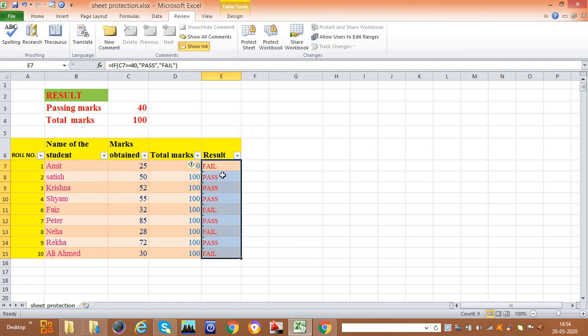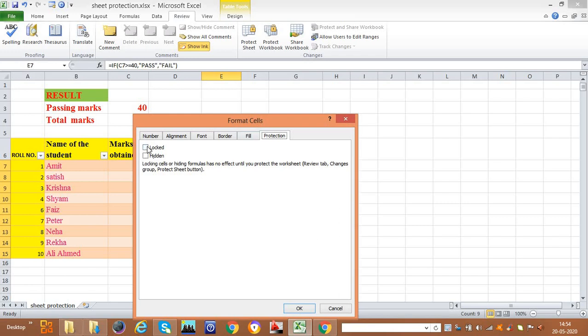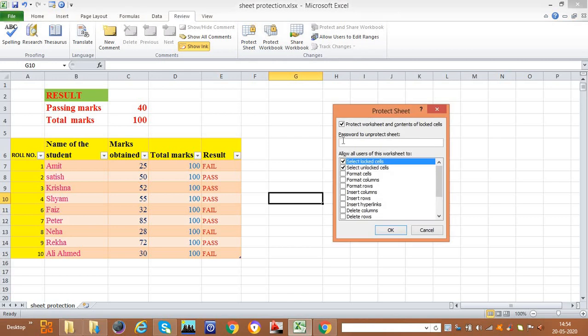Now you need to select only those cells that you want to be protected. So here we are going to select only these things, the result values and pass or fail, that is E7 to E15. Now select these, go to format cells, and in protection, select this locked option. The locked option you need to select. That's okay. Now if you protect the sheet,